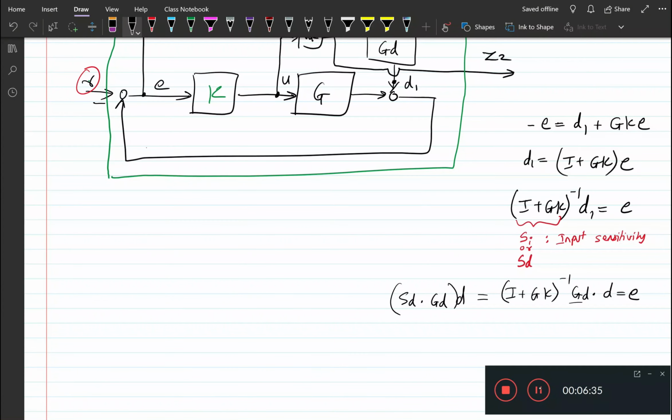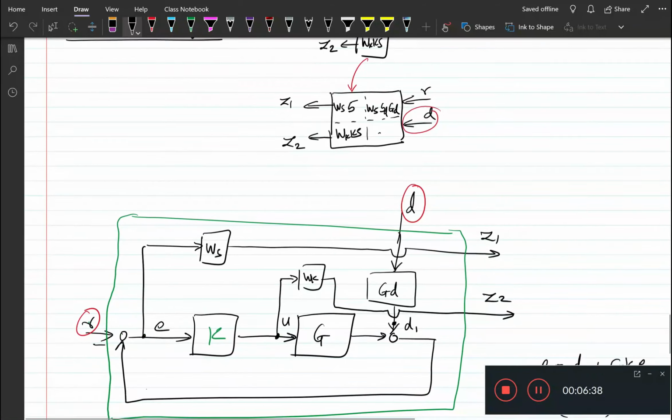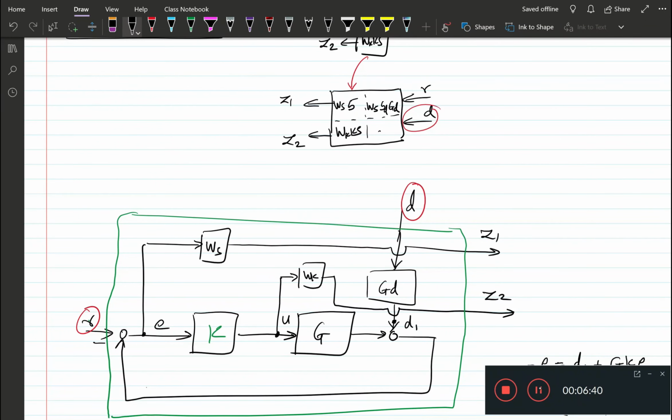That's this transfer function. Now to U we have up to E SD times GD. To U would be K times SD times GD, and then WK. So that would be WK. So let me just make the box bigger and also write this one again. So we have WS times SD times GD and WK times K times SD times GD. So that is